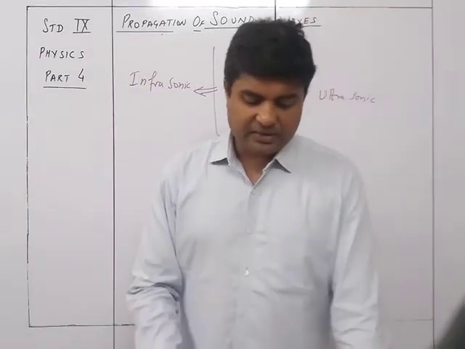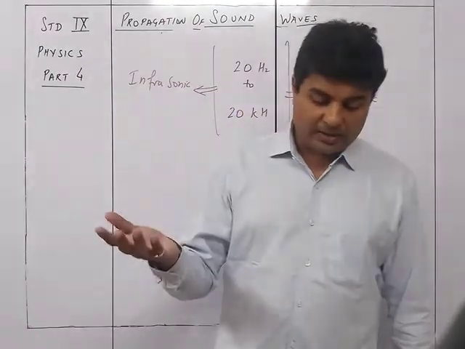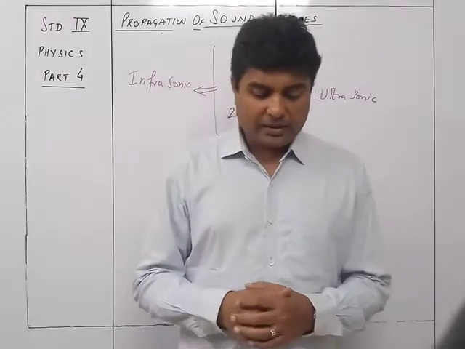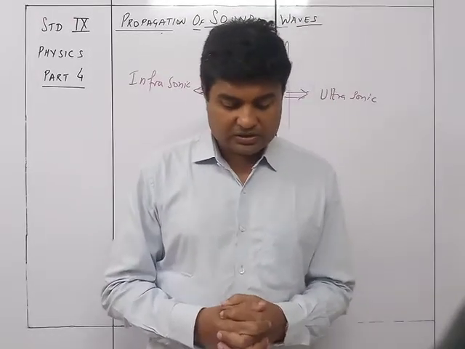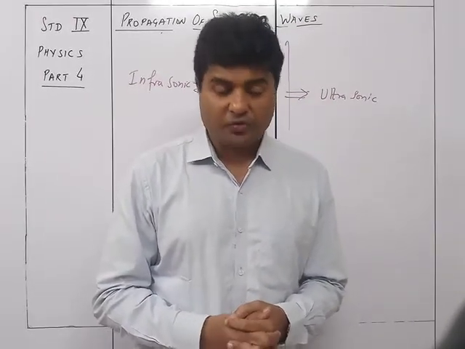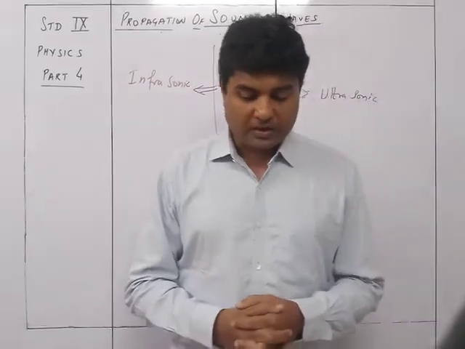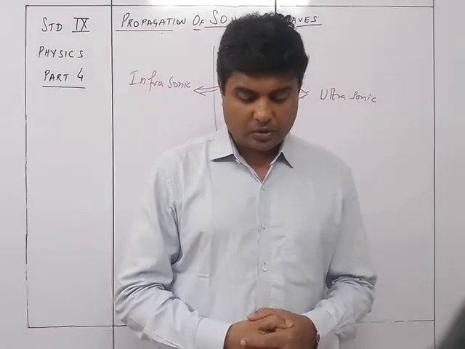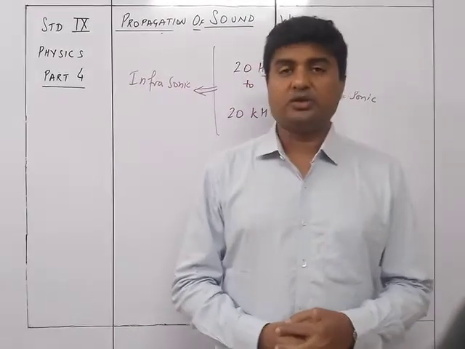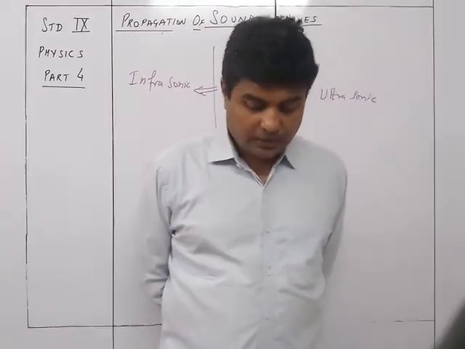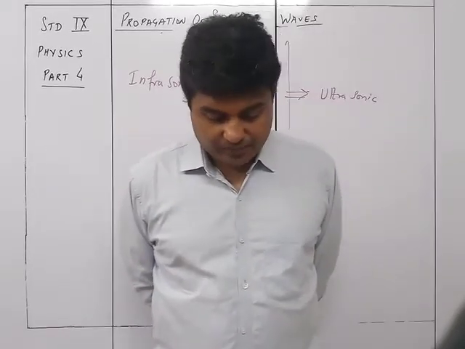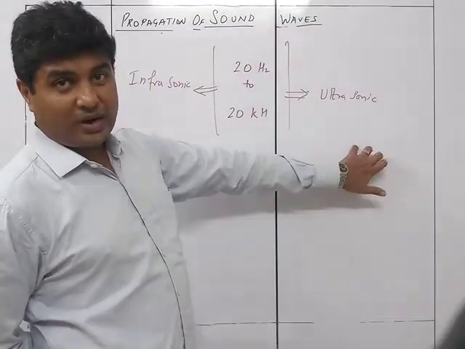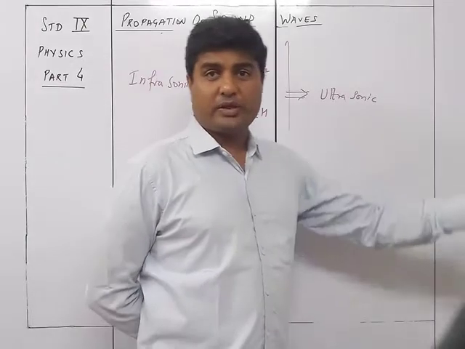So that's what is given in the table. Bat 10 to 100 kilohertz, cat 80 hertz to 60 kilohertz, dog 20 hertz to 50 kilohertz, dolphins 200 hertz to 150 kilohertz, grasshopper 90 hertz to 1 kilohertz, and human 20 hertz to 20 kilohertz. Ultrasound and its application. So we are talking about this one now, ultrasound, that is frequency more than 20,000 hertz.